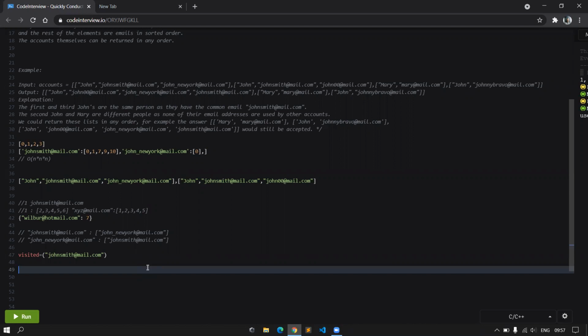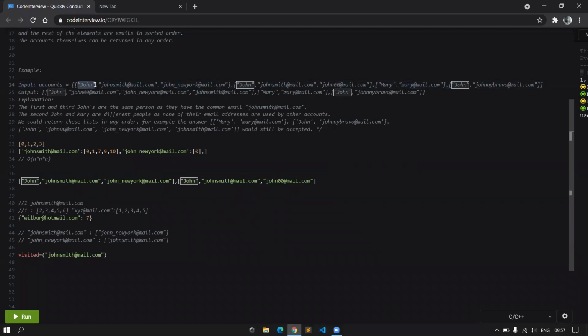But if I don't go back to the account list, how would I know which name it corresponds to? Yeah, you obviously need to know what name the nodes correspond to. That's a good point. Is there a way to keep track of that? Well, let's put it this way: if you were going to go back to your account list and each time figure out which email maps to which name, how computationally expensive do you think that could be?